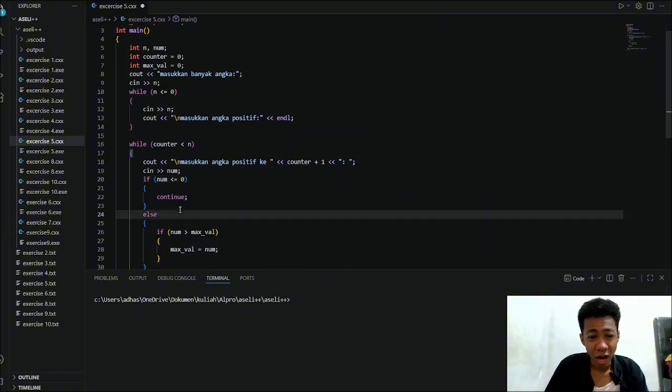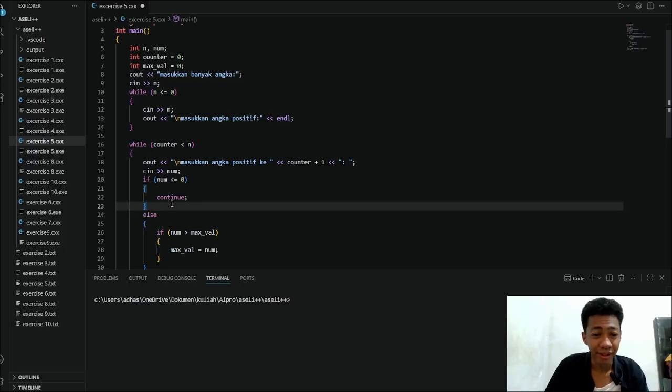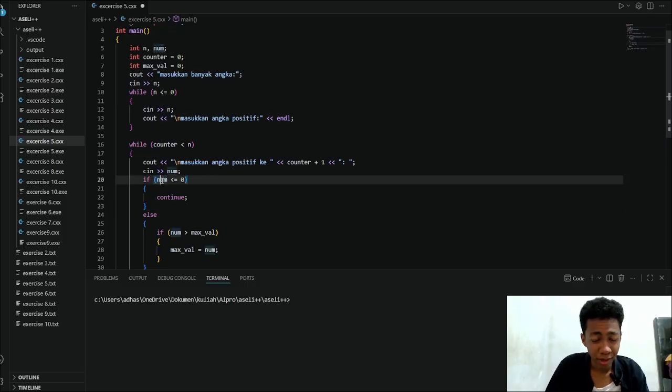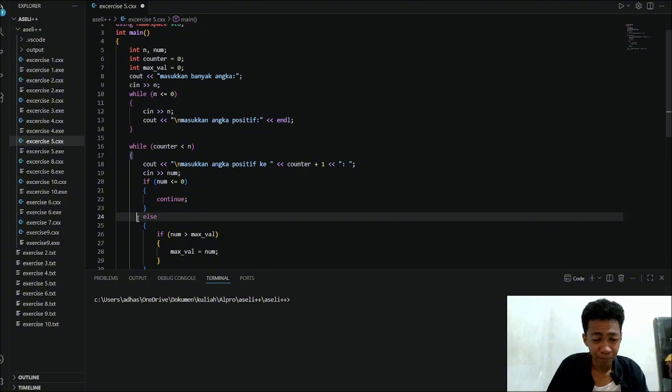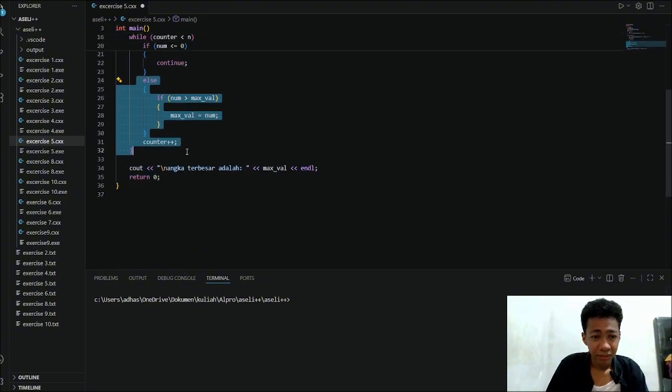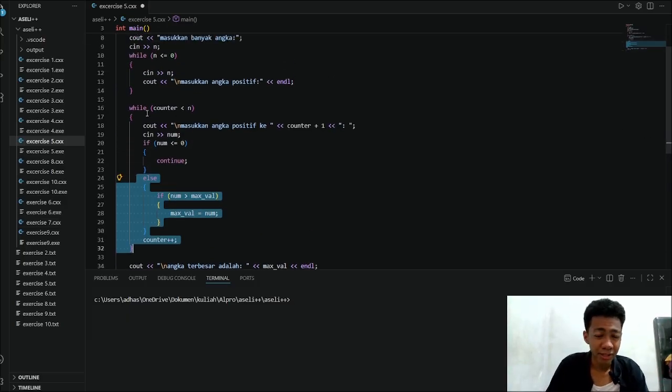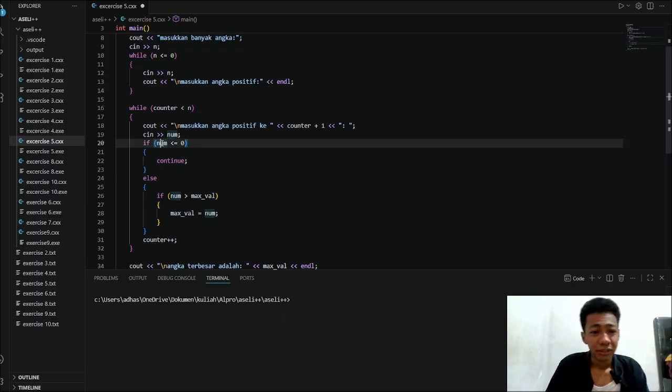So this is how we can handle it by using this statement, where when the num is less than 0 or it's negative, it will skip this statement. So it will go back again to the checking condition,